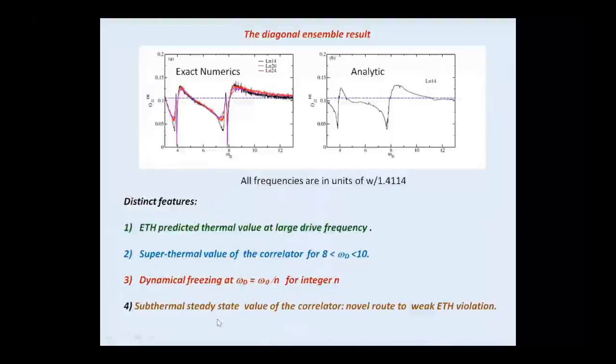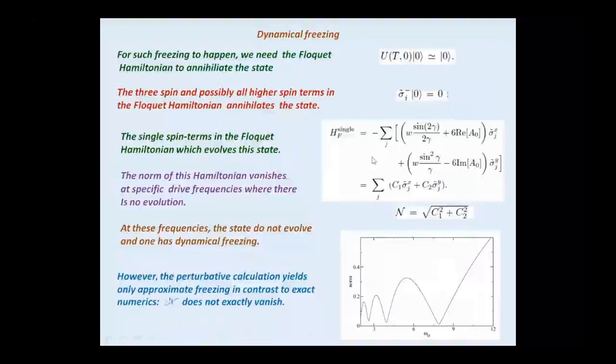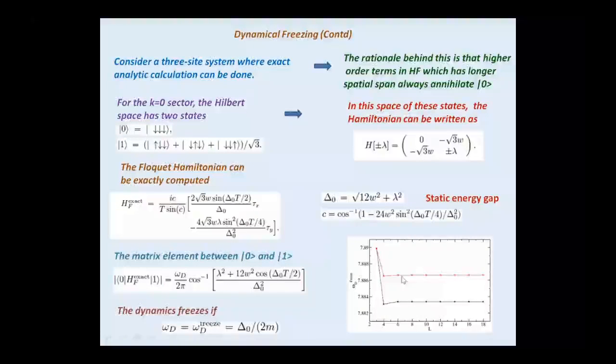You see that there is one dip at around 8 and the other dip very close to 4. And the other thing is that this drive frequency really matches very well with Floquet. The red one is the exact one and the black one is the one obtained by this really small calculation, and they match each other quite well.